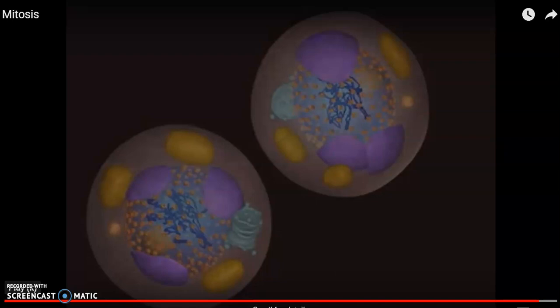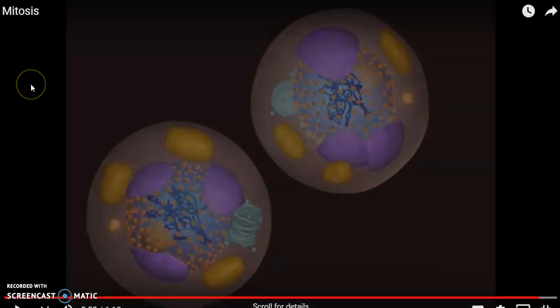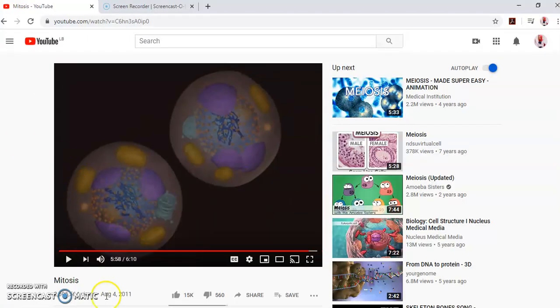And why is it called a cell cycle? Because it happens all the time. So one cell divides to give two daughter cells, as you see here. These two daughter cells will undergo mitosis again to give four daughter cells. The four will divide, and so on. So to return to our explanation,